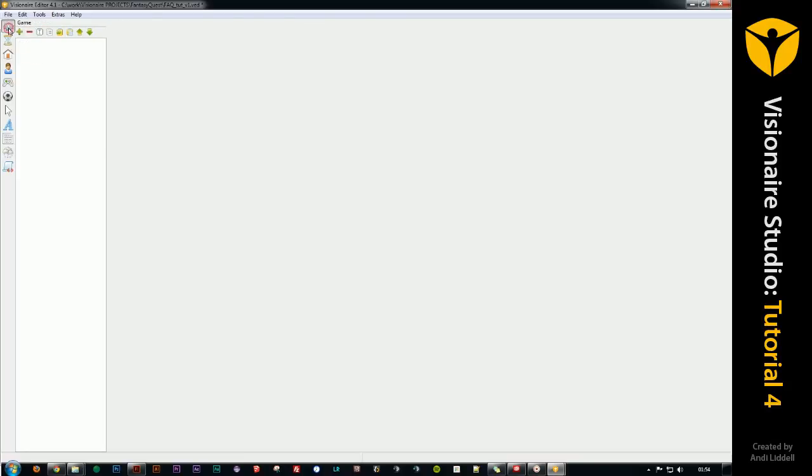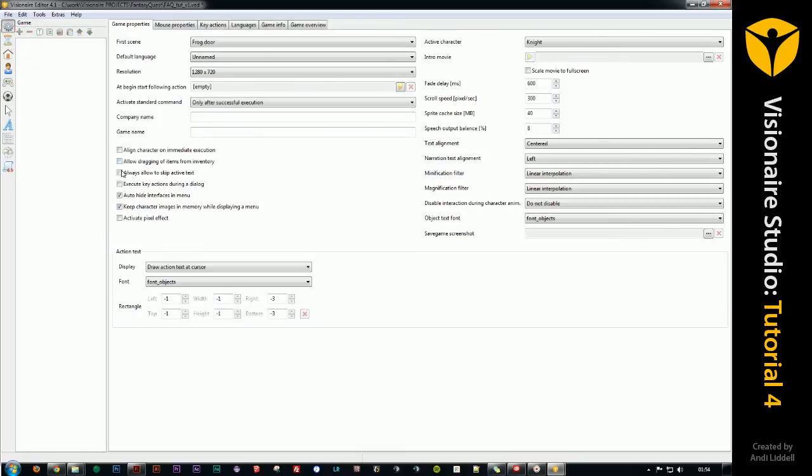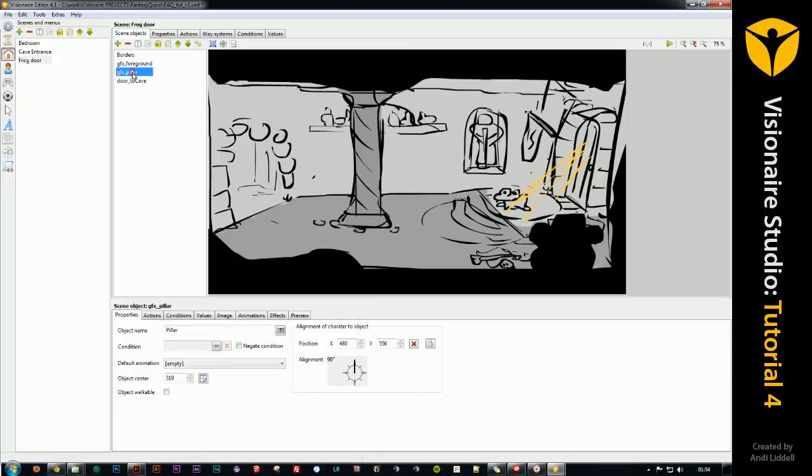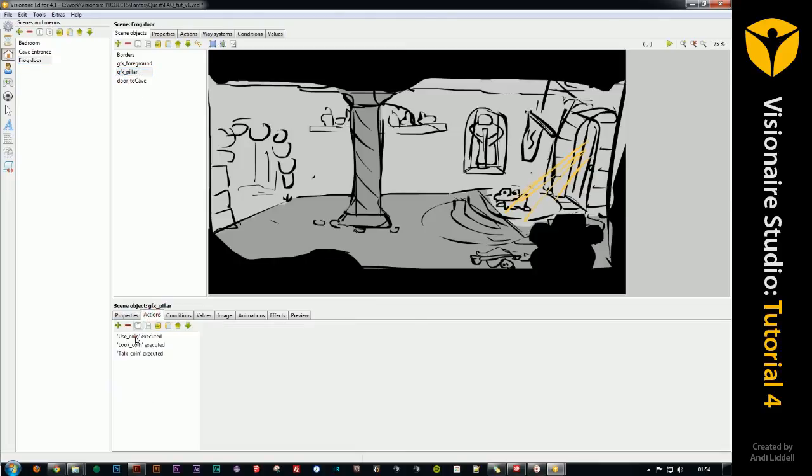You go to the game settings, you put the tick box in always allowing to skip the current active text, so that they can always skip it even in cutscenes and things. And what you do in the actual text blocks, so if I go back to the pillar, actions, use coin,